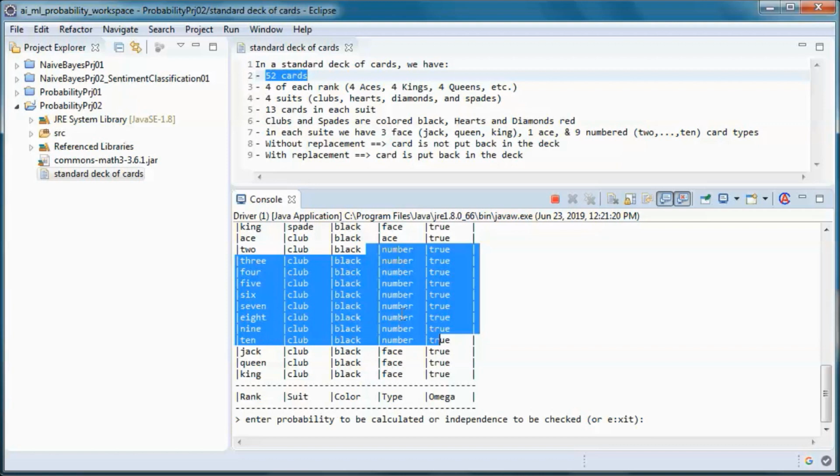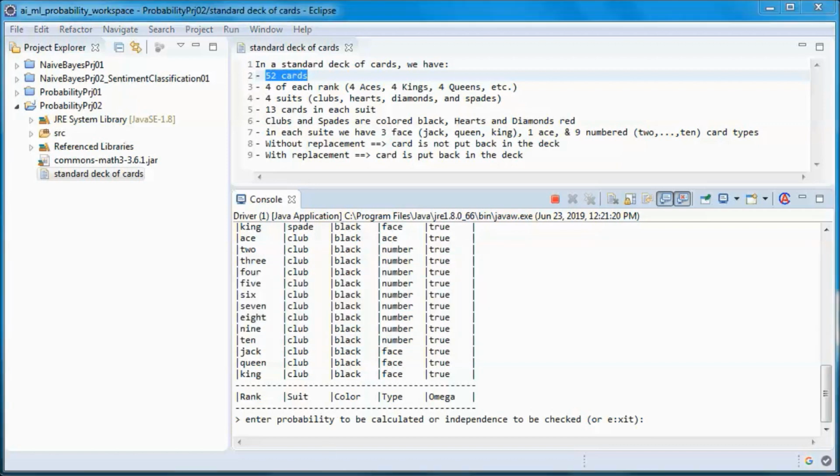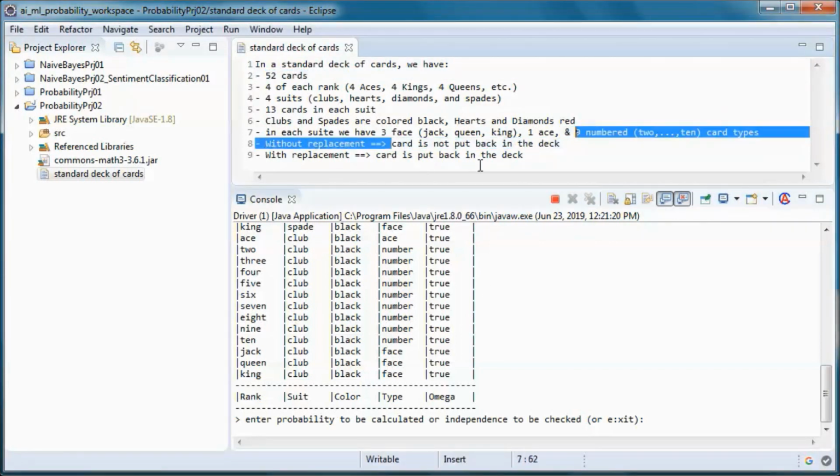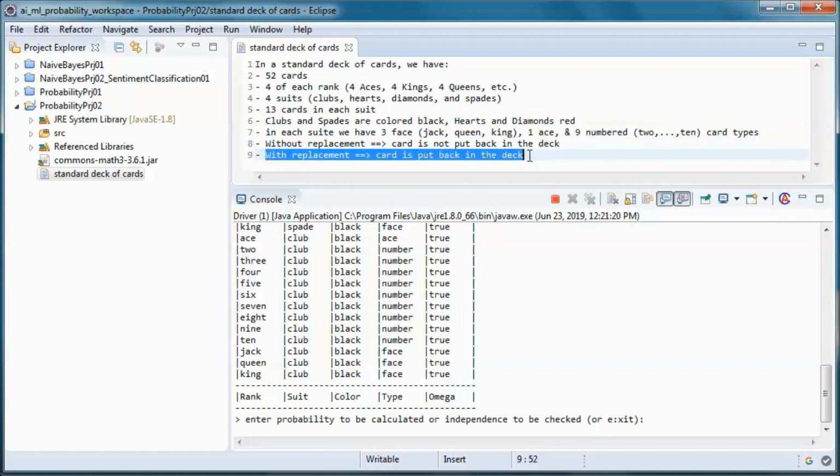And we can do probability and check independence without replacement, so the card is not put back in the deck, or with replacement, where the card is put back in the deck. And for the purpose of this tutorial, we will only be doing with replacement.